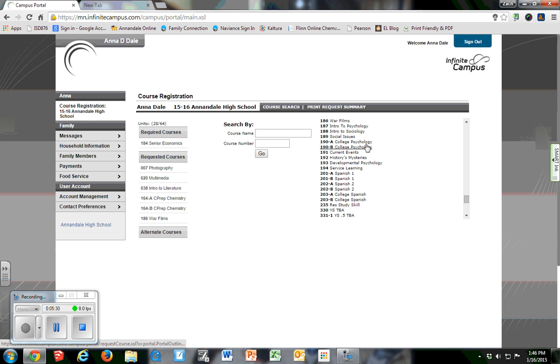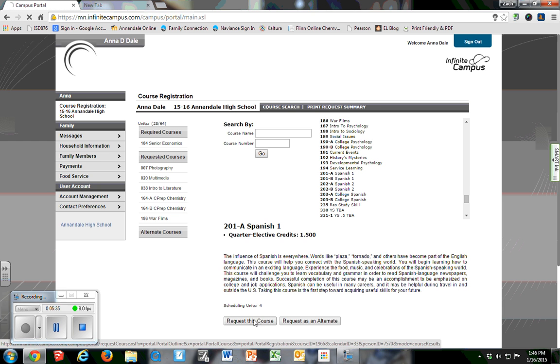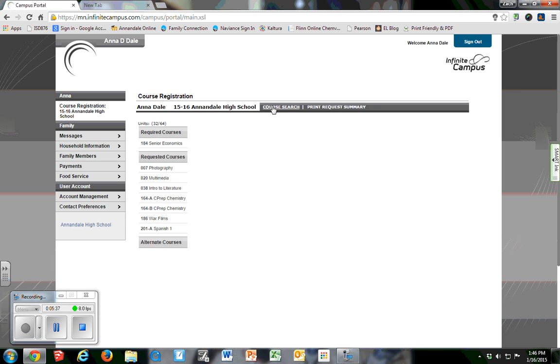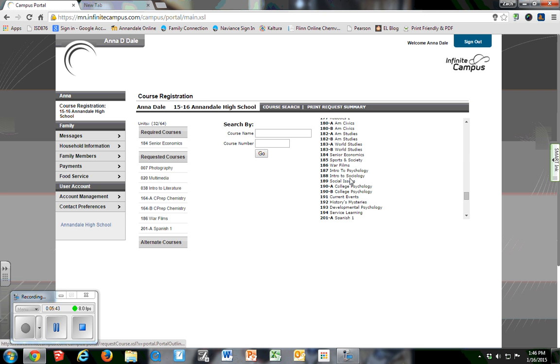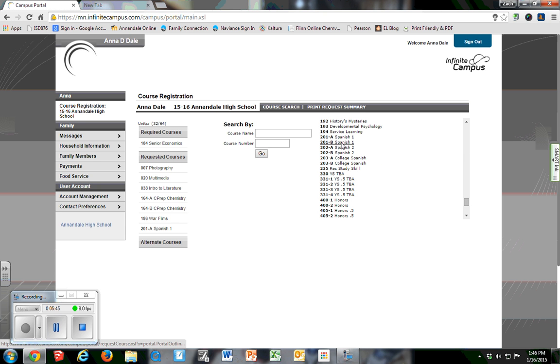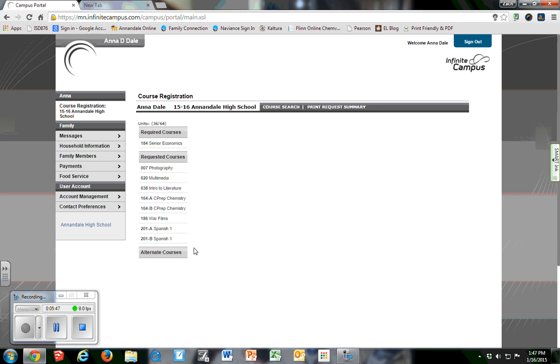So as I'm running through here, she goes, oh, yep, Spanish was part of that. And so she can go ahead and click on Spanish, the first part, which is 201A, and then she can go ahead and find Spanish 201B and register for that. So it's pretty easy. If you wanted to go ahead and do band or choir, you could punch in